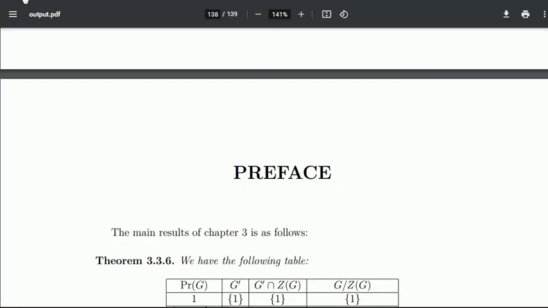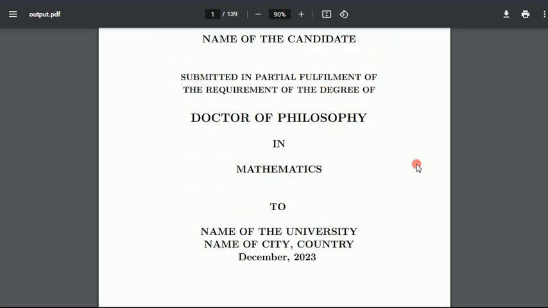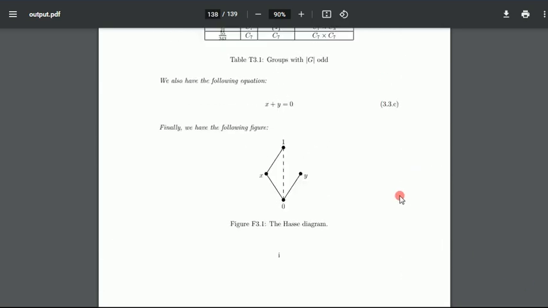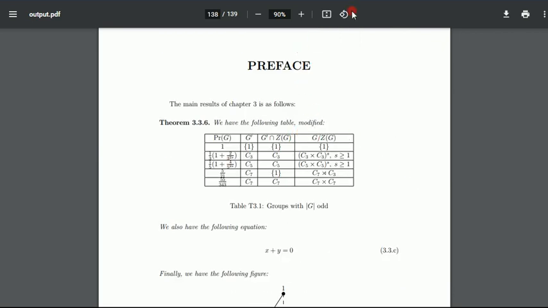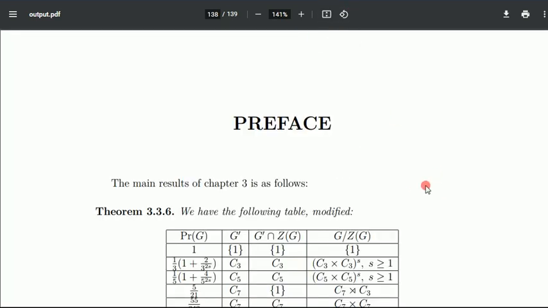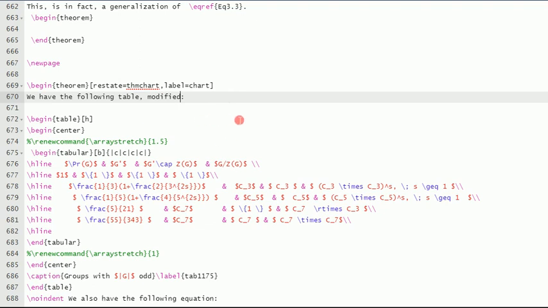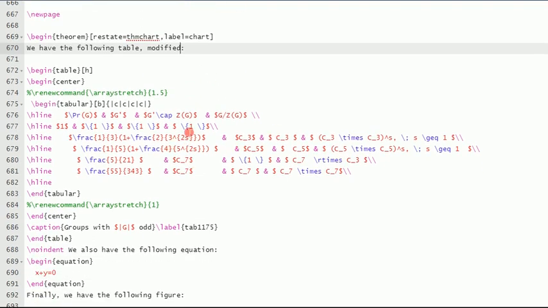Okay, recompile it. Right at the end, you see this modified word has come up. I did not make any change in the preface, it has come automatically. So this is the advantage here, that if you do any modification even in the body of the theorem,